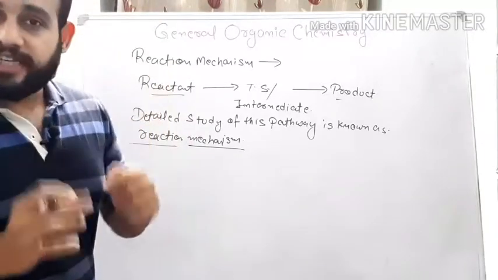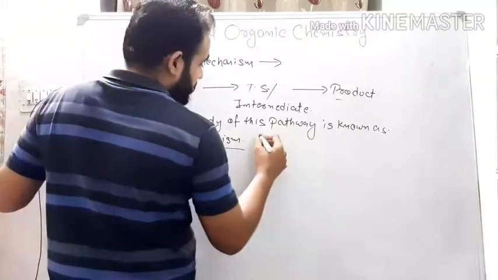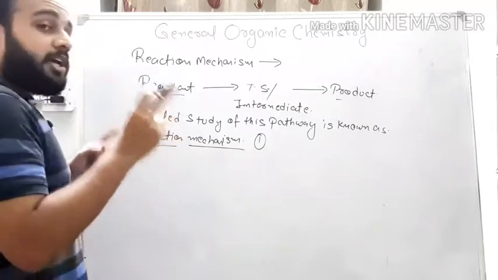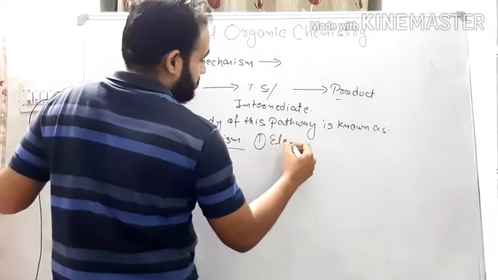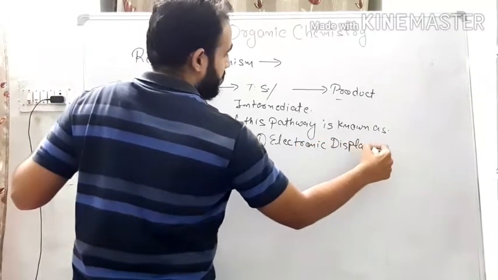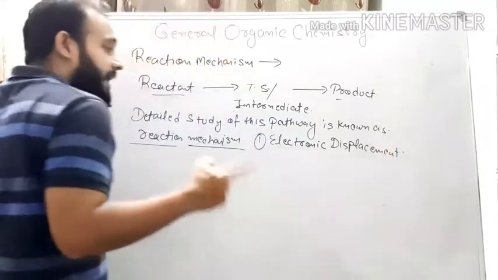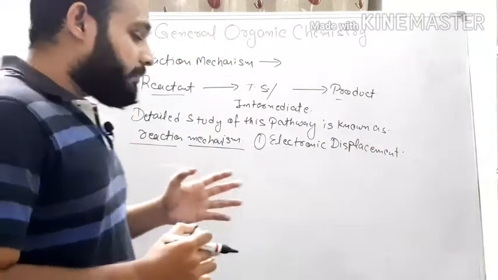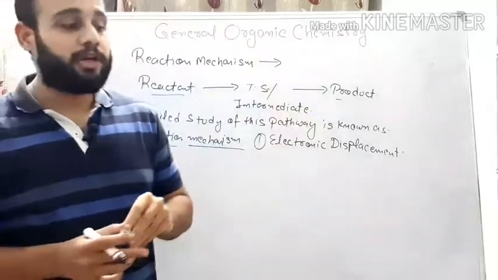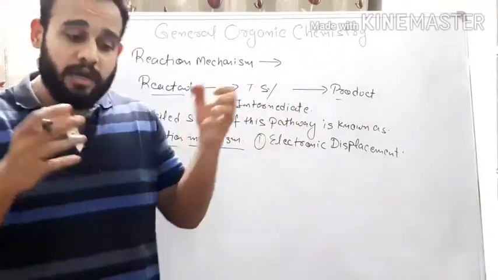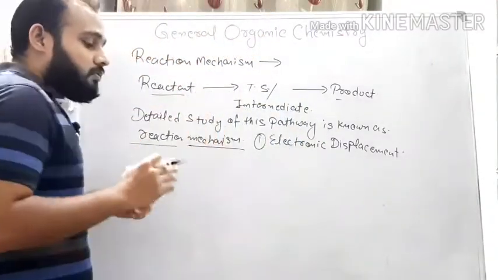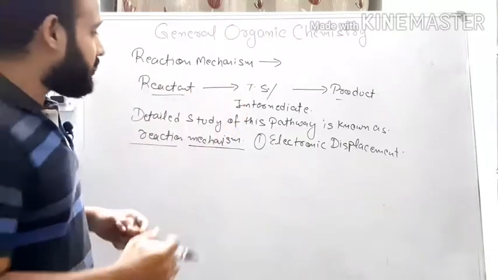Now as you see, in a reaction mechanism we consider four major points in the study of reaction mechanism, okay. The first point which you study when you start reaction mechanism is the electronic displacement effects. As you saw in my previous lecture, transfer of electrons occurs between electrophile and nucleophile, okay. Nucleophile donates electrons and electrophile accepts electrons, and the formation of bond occurs between electrophile and nucleophile, okay. Now what type of electronic displacement we can see further, okay.